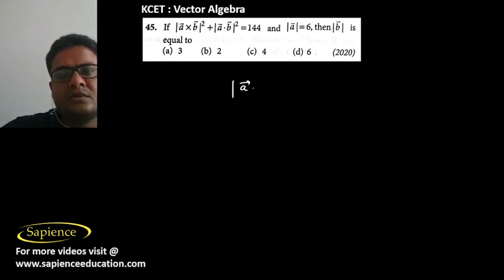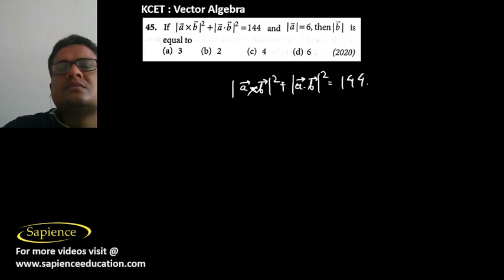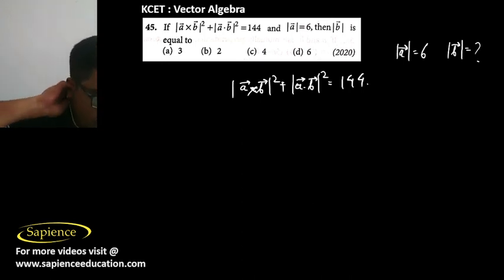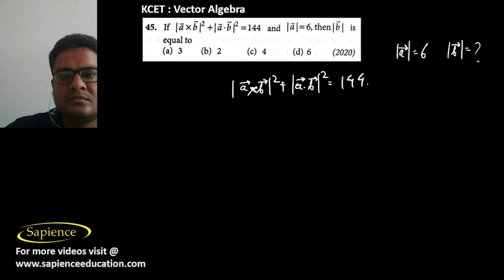Here it is told that mod of A cross B whole square plus mod of A dot B whole square is equal to 144. Mod of A is equal to mod of B is equal to 1. So here